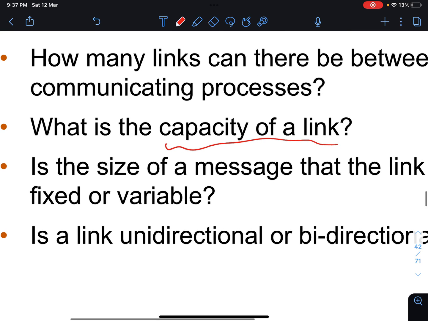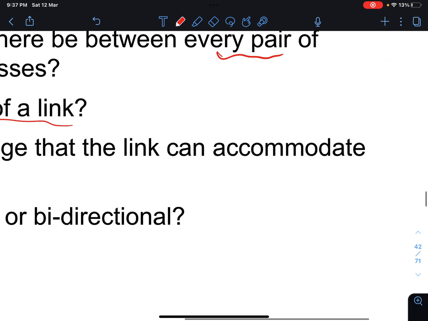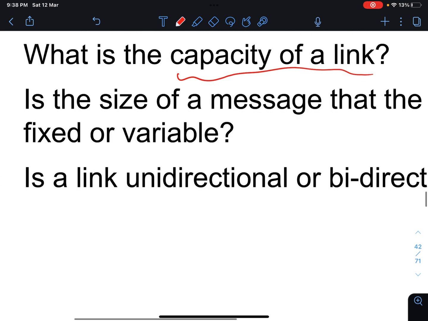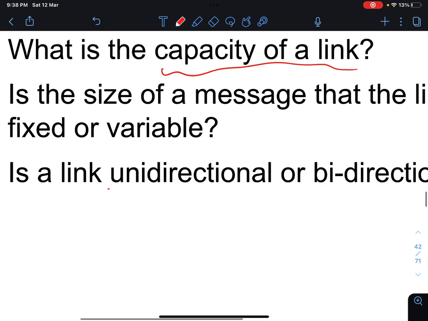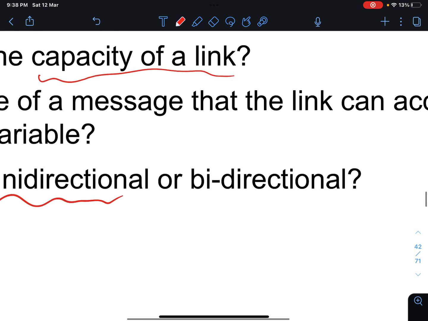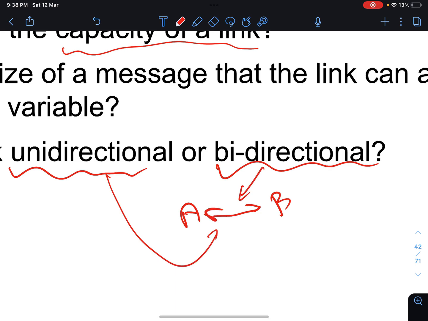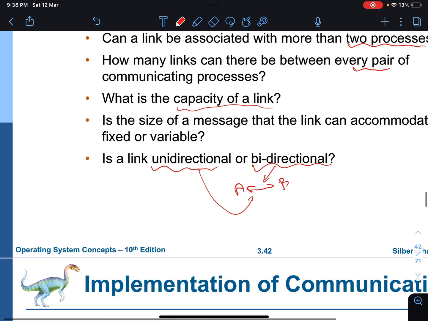The size of a message that the link can accommodate, fixed or variable, is also something to decide. And is the link unidirectional or bidirectional? If you create the connection from A to B, is it only from A to B, or can it also be from B to A? If it's only from A to B, we call it unidirectional. If you can go both ways, it's called bidirectional.